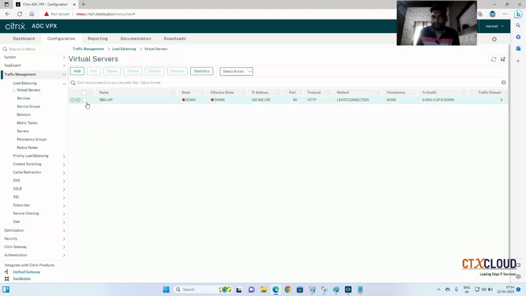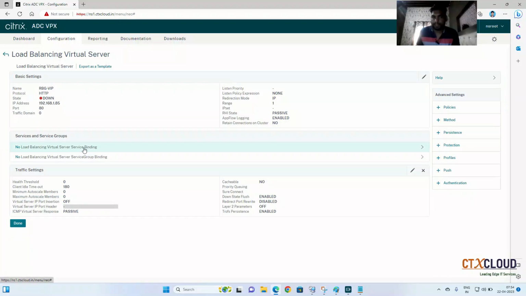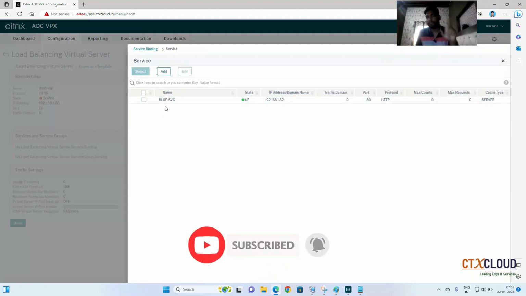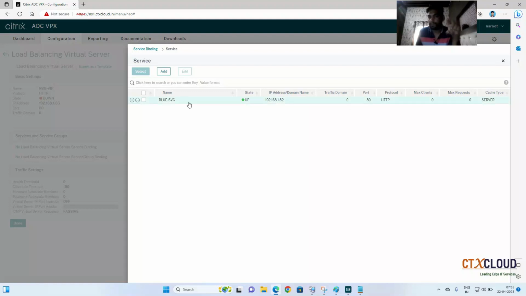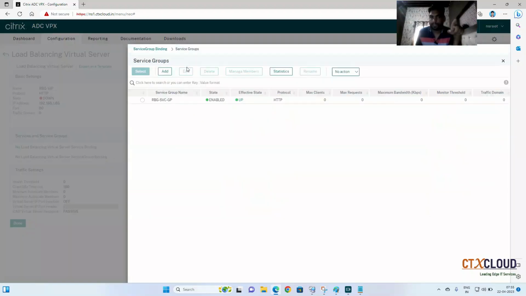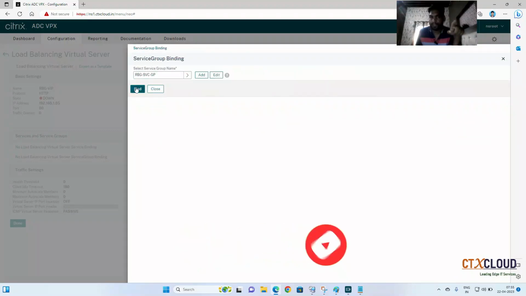While configuring this VIP, you need to click on edit, and here it is asking for the virtual service group binding. If you select here, you can see there is one service group here. If you are creating a service group, you can add all 3 servers at the same time. But if you are creating services, you need to create 3 individual entries, one for each server. So this is the difference. I have created the service group, so I am going to select this service group. Click here, and you can see the rbg svc group I have created. Just select this and click on bind,